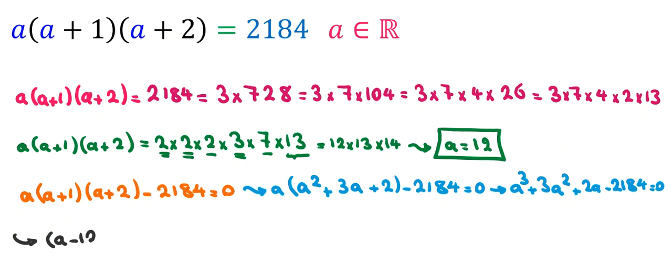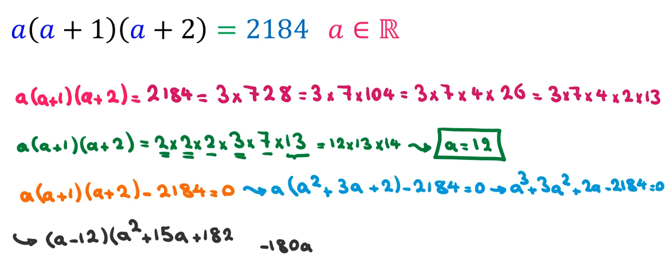Next step, we try to factorize this. One factor is a minus 12 because 12 was one answer. And let's try to find the other factor. We want to reach a cubed. Place a squared, then we have a cubed minus 12a squared. I need 3a squared, so I should place 15a. Then 15a squared will be okay, but 12 times 15 is 180, minus 180. But we want to reach 2a. So we place